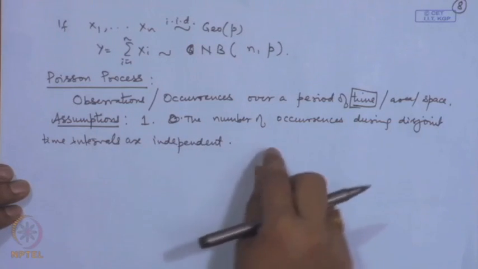Now, when we change the time to area, then over different geographical regions they will be independent, or if we are observing over space, then over the different regions of space they will be independent. So, when we say time, it means that suppose we are observing the number of traffic accidents occurring. If we consider a time between 11 o'clock to 12 o'clock, and a time between 4 o'clock to 5 o'clock, then the number of accidents observed during 11 to 12 or 4 to 5 will